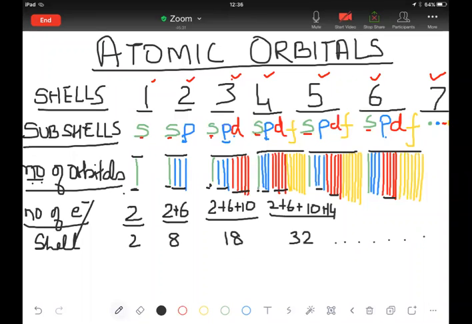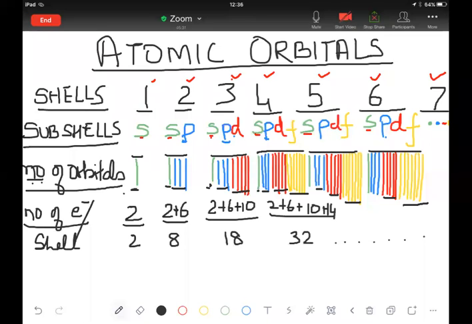And you see there is S also there, a cluster of 3 blue lines indicating the p orbitals, then a cluster of 5 red lines indicating that they are d orbitals. And then when you come to the yellow lines, they are indicating the f orbitals. And see, again, these colors have nothing to do with the orbitals. It's just for your easy understanding that I have shown them in different colors. And you can see that beginning from the fourth shell, a cluster of 7 yellow lines are there, and the cluster of these 7 yellow lines are indicating the f orbitals.